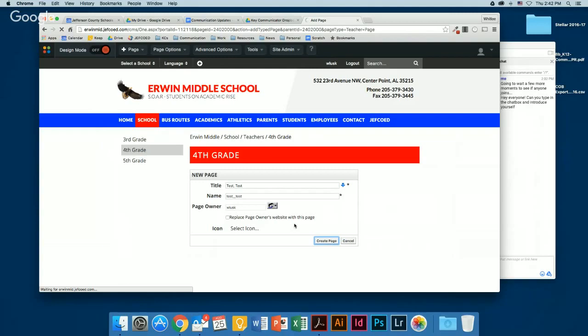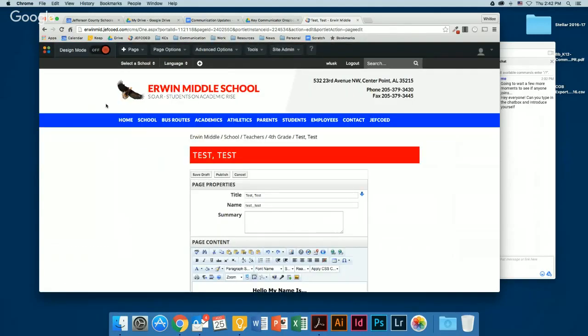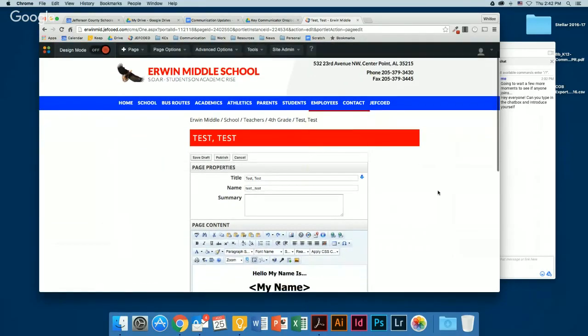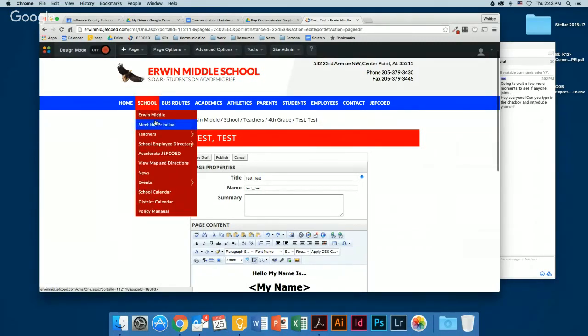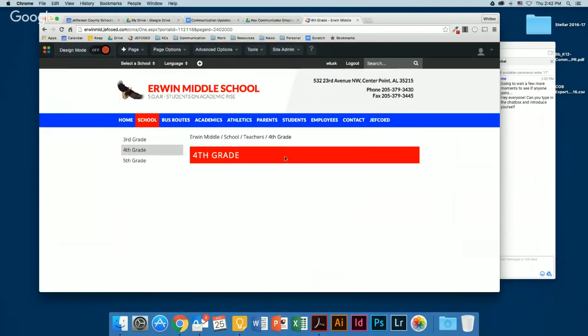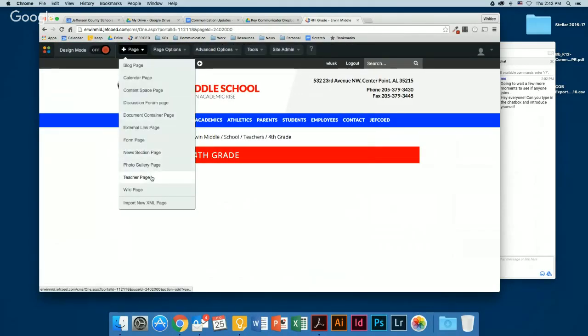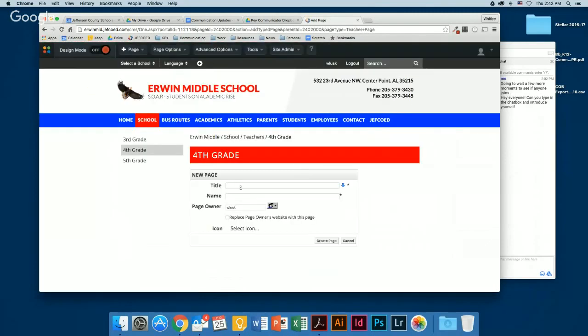Oh, wait, let me actually go back and tell y'all this shortcut because this is important. All right, we're going to just go back to 4th grade and kind of start over. Plus page, teacher page, test 2. So when you get here,